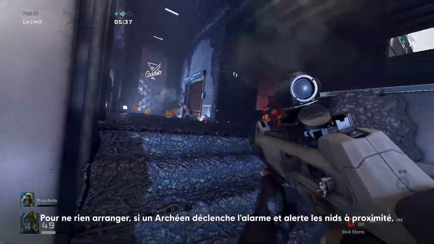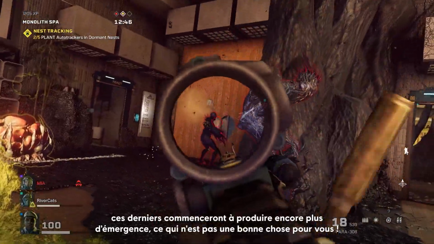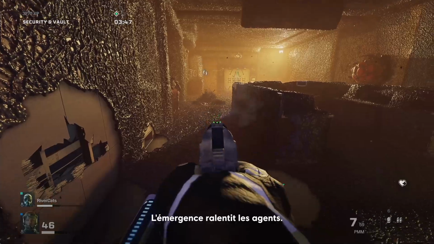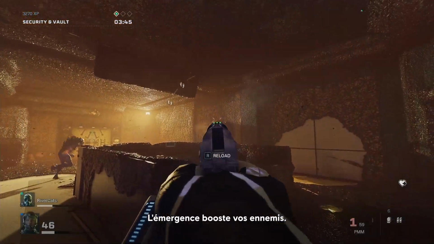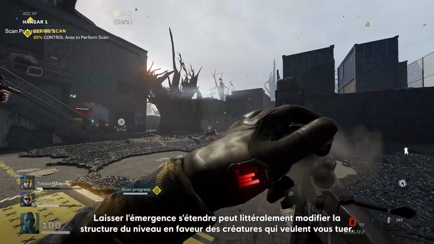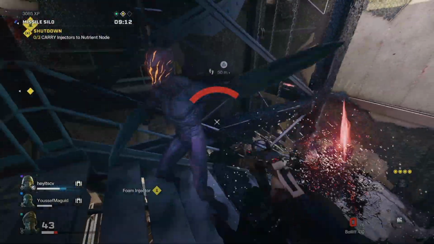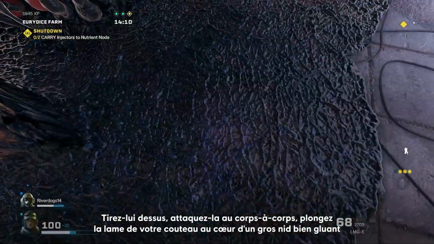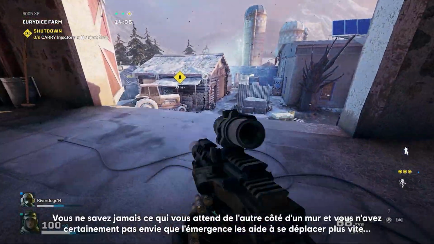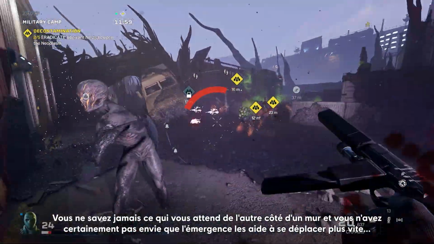Plus, if an Archean sounds the alarm and alerts nearby nests, they're gonna start pumping out even more sprawl, which is a bad thing. The sprawl slows you down. The sprawl speeds them up. The effects of spreading sprawl can essentially alter the map mid-mission in favor of the things that want to kill you. Shoot it, melee it, plunge your knife into a big gooey nest and clear out a whole mess of it. You never know who's going to be coming around the corner, and you don't want the sprawl helping them